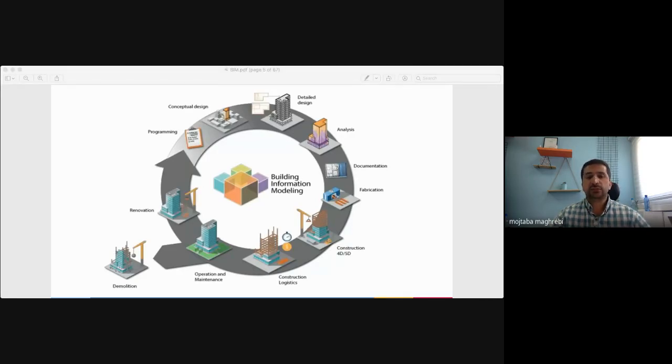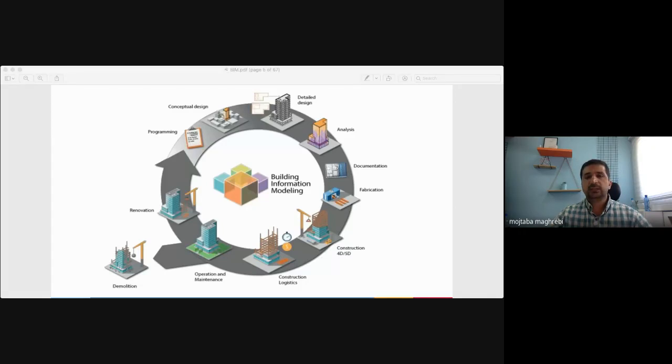We could automatically do quantity take-off of the materials, we could manage the cost, and later on I will talk about maintenance, and so on, till the end of the life cycle of the projects.